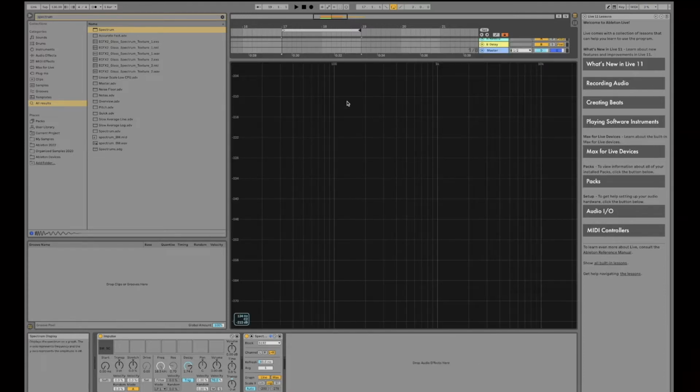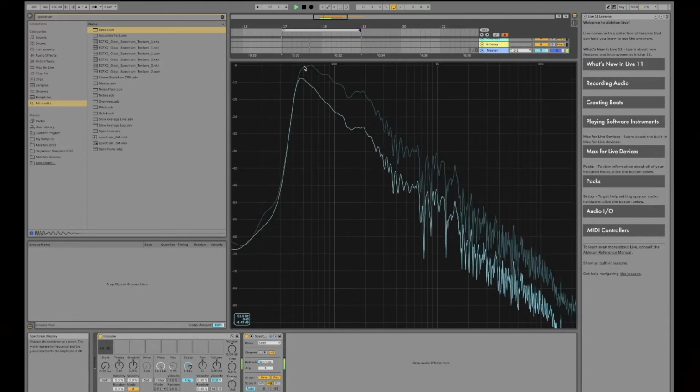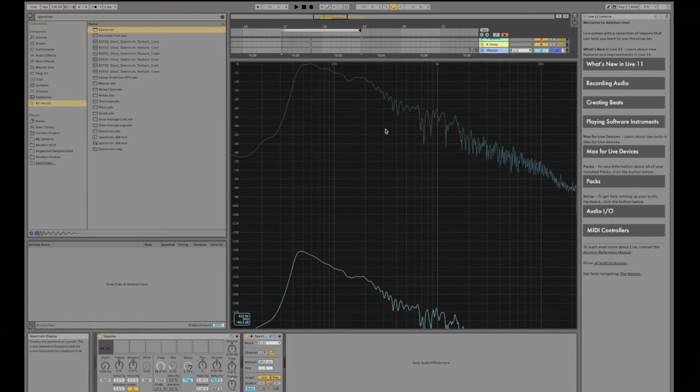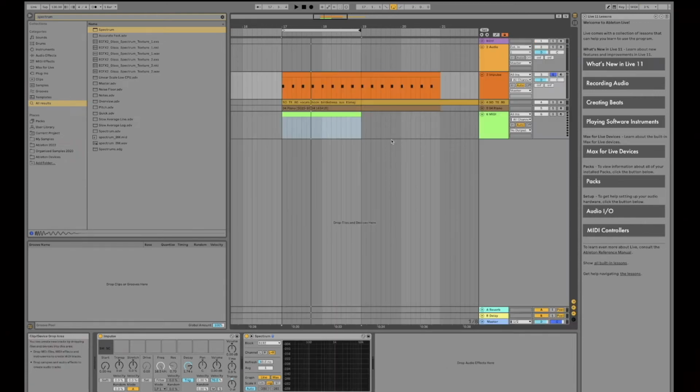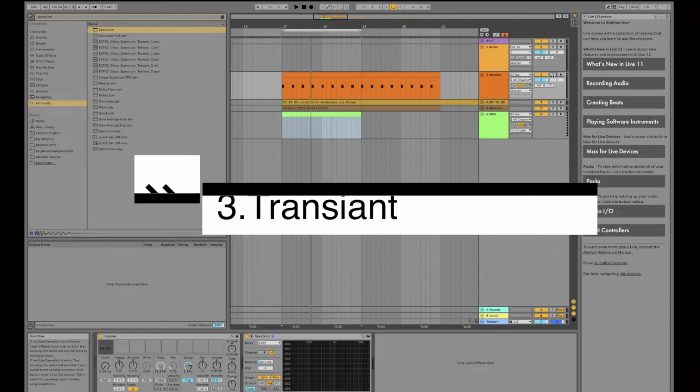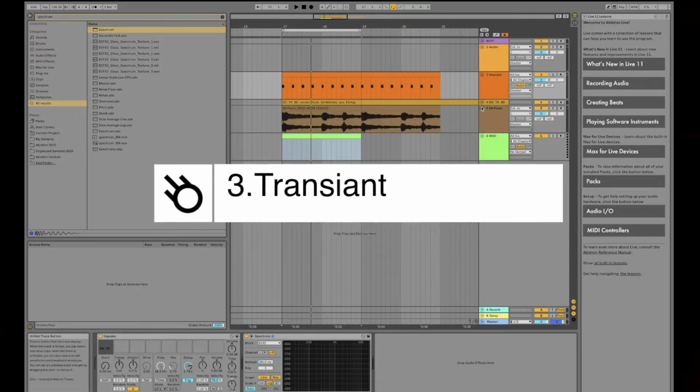And again, you always want to look for the lowest note, and that's usually the root in the drums. So it's really, really, really helpful. I absolutely advise you to start using it. Now, the third, probably the most useful thing that I have is the Transient. You guys have probably seen this a million times, so we're